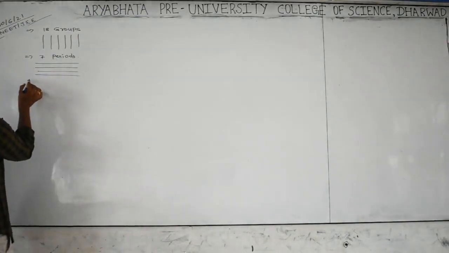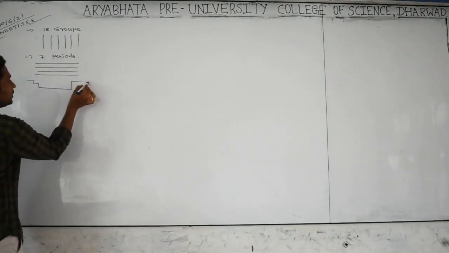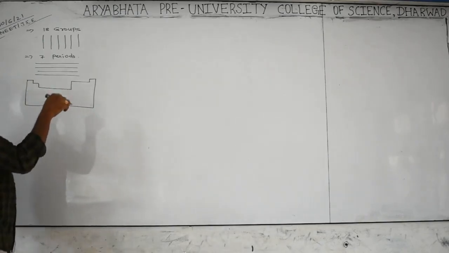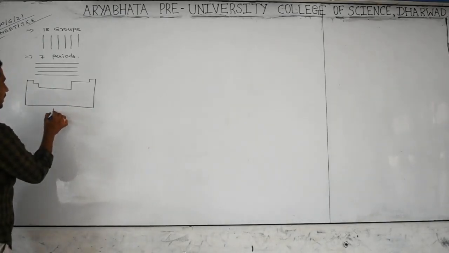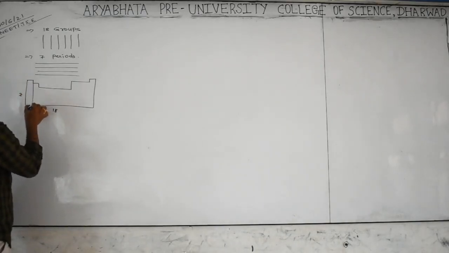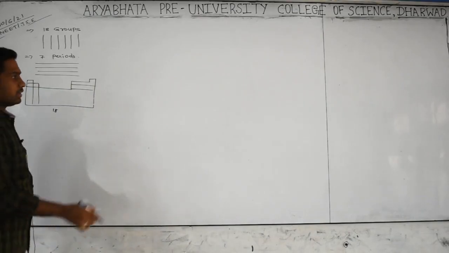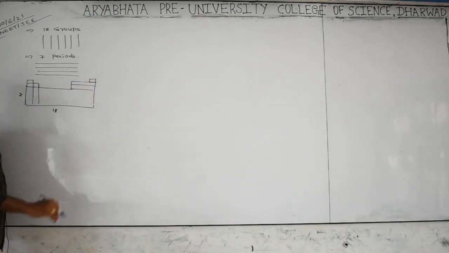So we can show a rough diagram like this. This is the periodic table model. Yes, we have 18 groups here, and here come 7 periods like this. Are all of you understanding? Yes, this is the important thing, some idea regarding the periodic table. So this modern periodic table, yes, this is important again.